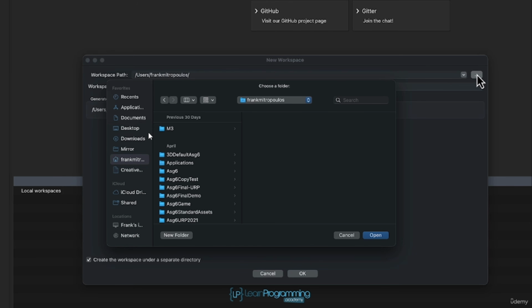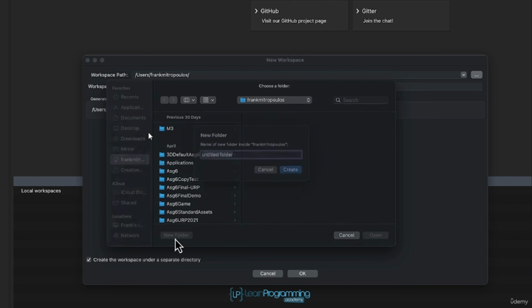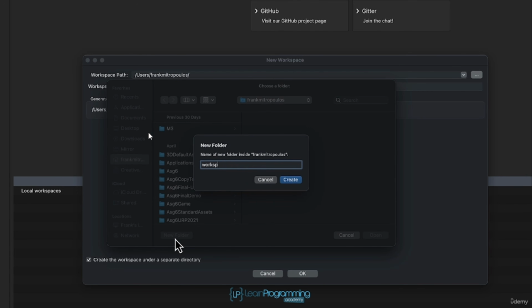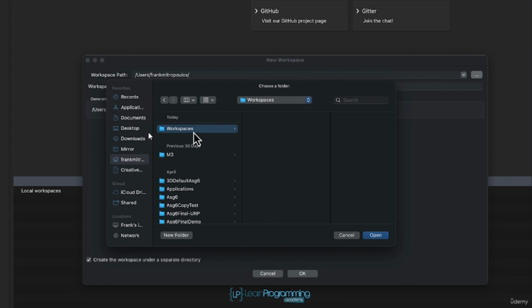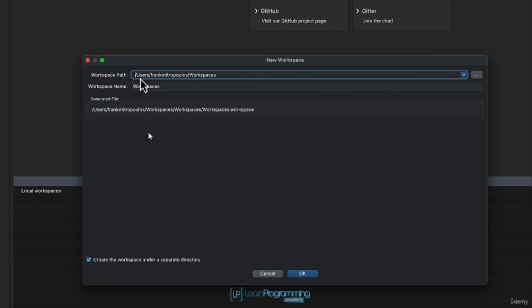So I'm just going to click this button over here with the 3 dots. And right here, I'm going to create a new folder. And I'm going to call it workspaces. Let me make that a capital W. Workspaces. That's it. I'll create it. And I'll select it. And you can see now that the workspace path is going to be my home folder,